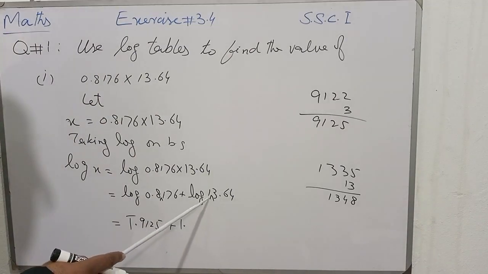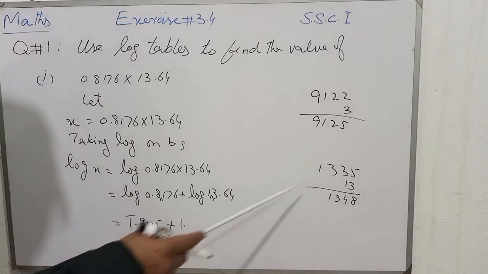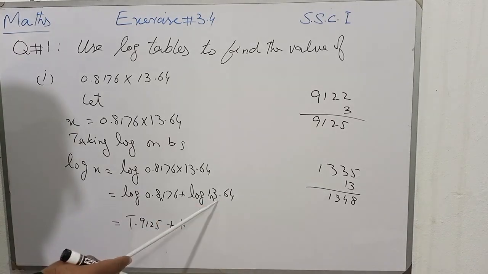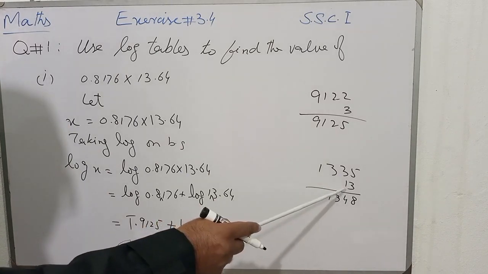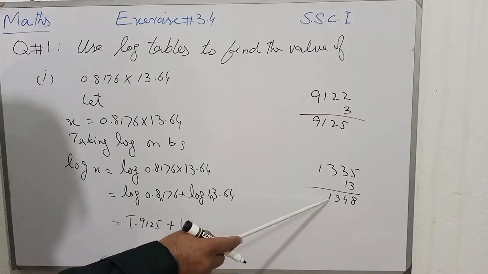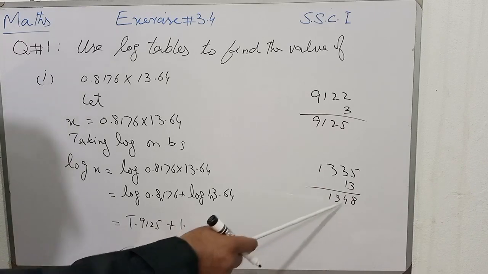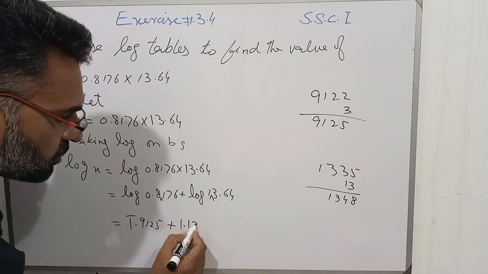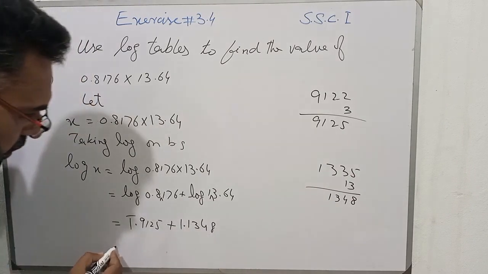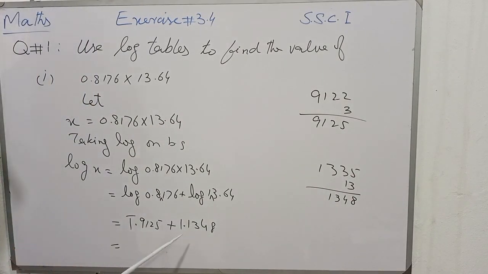Friends, when we see 13 in the 6th column in the log table, we will have 1335, and when we take the difference of 13 in the 4th column, that is 13. When we sum up both the numbers, we will have 1348, and it is the mantissa of the second number, so it is written as 1348. Now students, we have to sum up both the numbers, and here you should keep in mind that